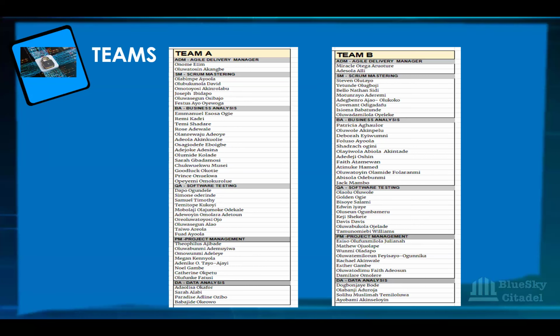If you don't, I would encourage you to go back and watch the roles and responsibilities of an Agile team video, so you can familiarize yourself with what you need to be doing as a Scrum Master, ADM, BA, QA, DA, or project manager. The Agile team would work within the context of the Agile structure and principles.